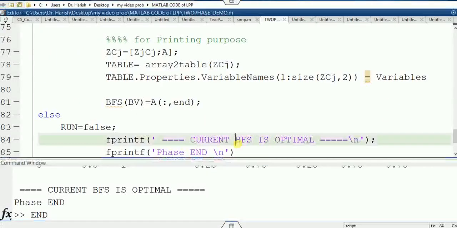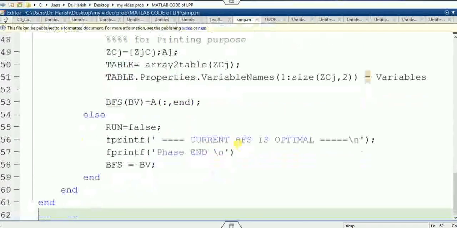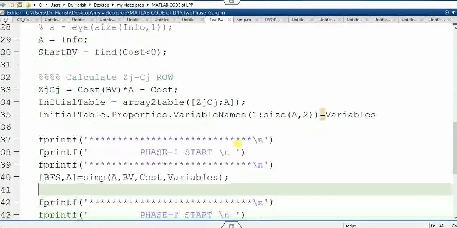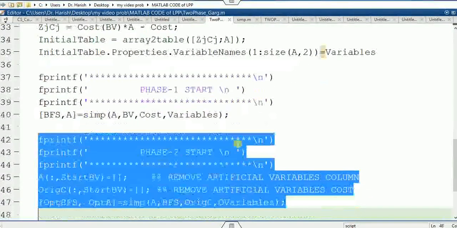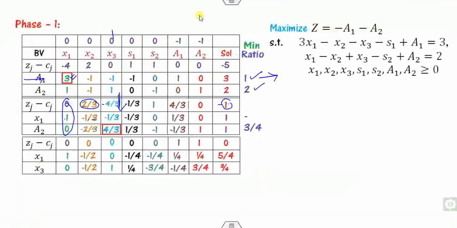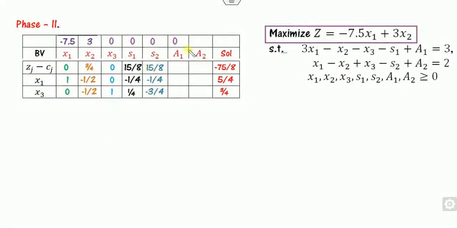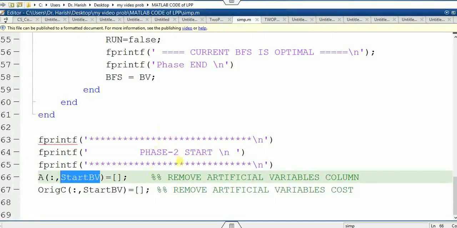Okay, so now you can enter phase 2. So I can terminate the loop here. Now you can enter phase 2. Okay, so I can put up the heading here. So what you do in phase 2, look at that: you have to remove the artificial variable. Remember, I have saved the artificial variable initially as a start BFS. You can see it upside. I have used a semicolon at the start of the BFS, whatever the position is empty. So this is the remove.